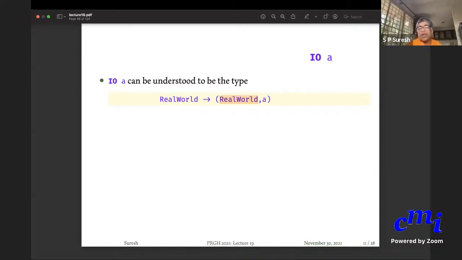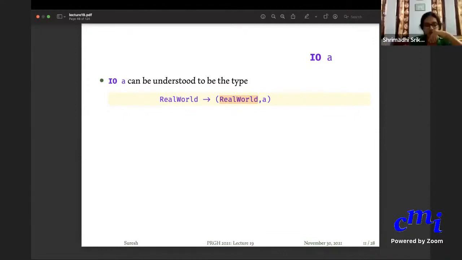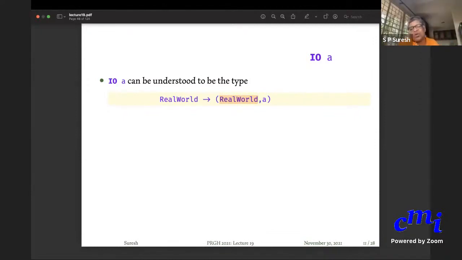Okay, that will actually change the real world in the sense that it has consumed one more line of user input, if you want to think about it. So that is a change in the real world, but it will also have a return value. What is the return value? The string that has been read, the line that has been read, because you can use that. So it is not always that your IO will have type only IO unit. You can have IO string, you can have IO int, you can have IO whatever type.